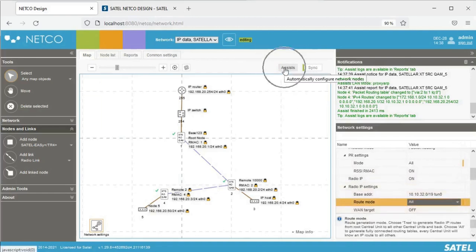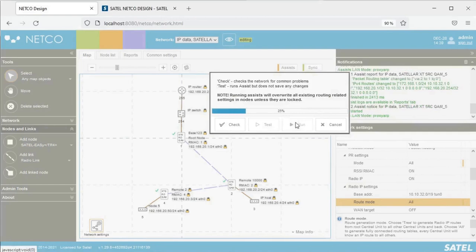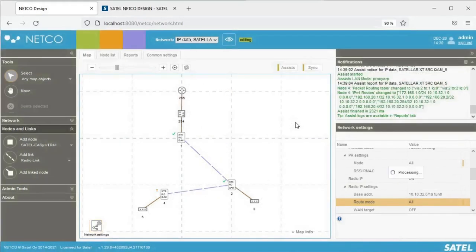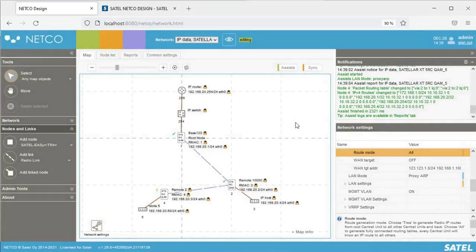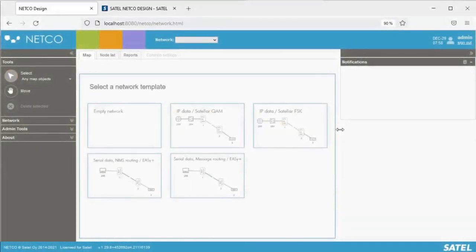Now, as assist and run is applied in the software, the radio and IP routes are created from all devices to all devices. To start creating a serial communication data radio network with message routing functionality, we need to enter